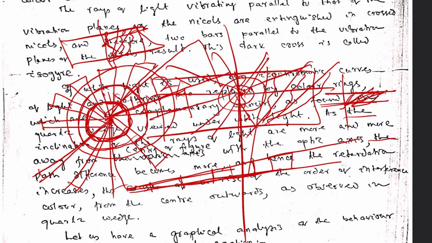The path increases, so the interference color from the center outwards goes on gradually increasing, as is observed when a quartz wedge is placed in crossed-nicol condition and gradually pushed. The interference color gradually rises from one end to the other, from first order to second order, second order to third order, like this. The same thing is being observed